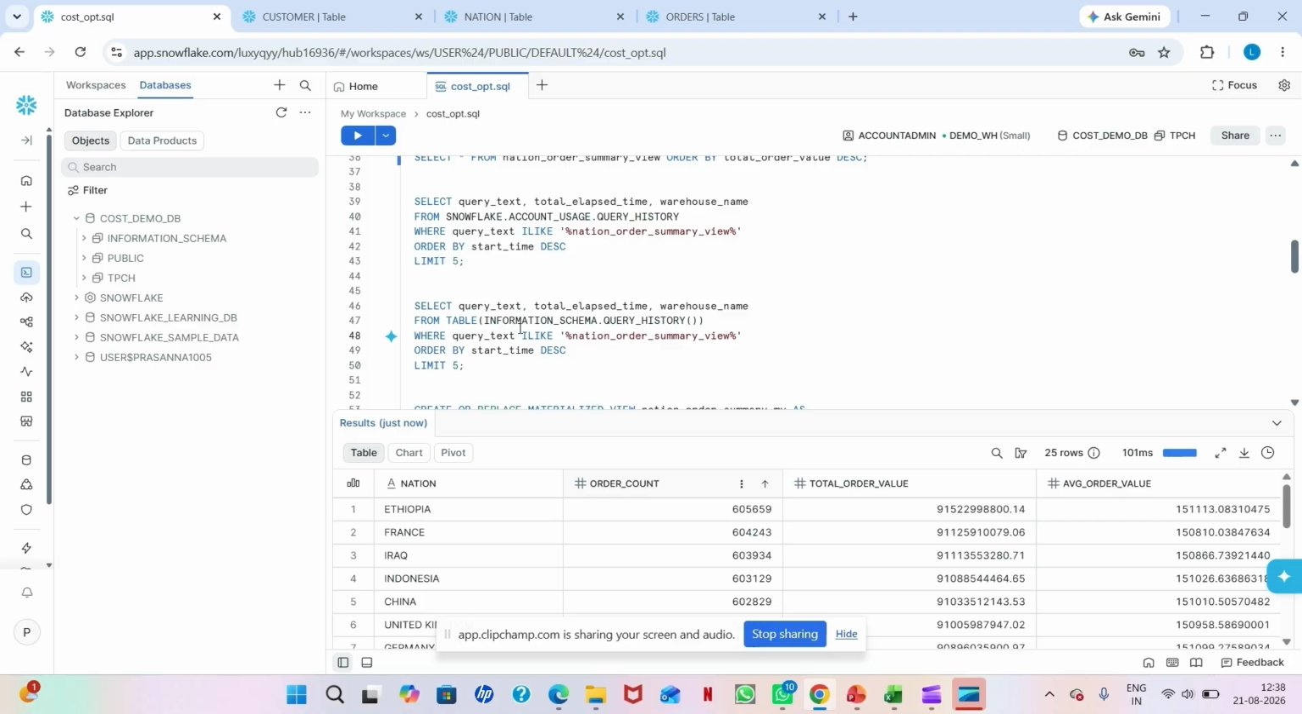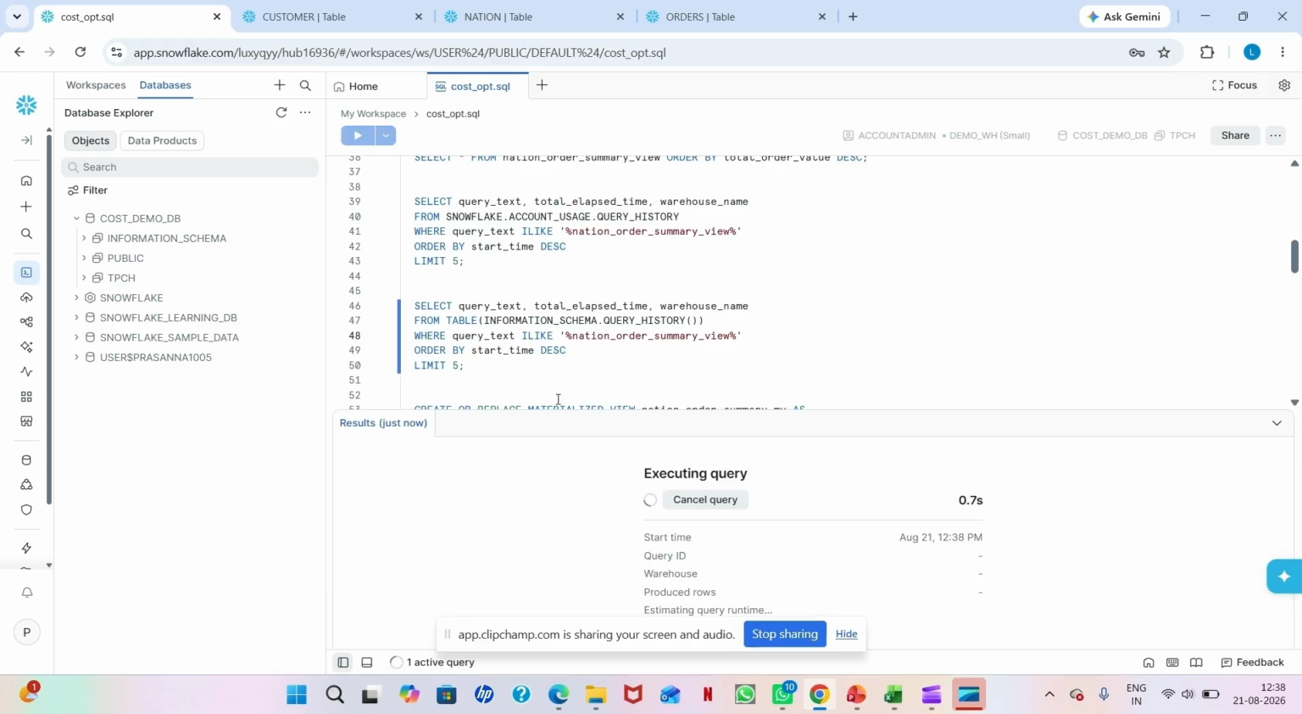The difference between these is that the account usage version can take up to 45 minutes to populate because it's built for long term reporting, not live debugging. But information schema gives us near real time results, which is what we want right now. If I run this, you can see